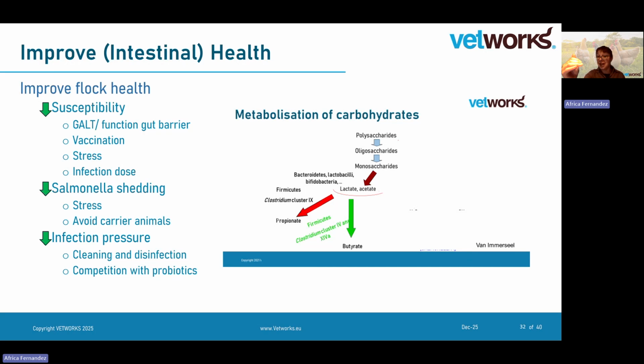So we can see polysaccharides, complex molecules, reduced to simpler and simpler, and at the end we will have monosaccharides that with the digestion process will end up producing lactate and acetate, which are products that the so-called good bacteria, bifidobacteria, Lactobacillus, Firmicutes especially, will be using to produce propionate and especially butyrate that are very important in the support of